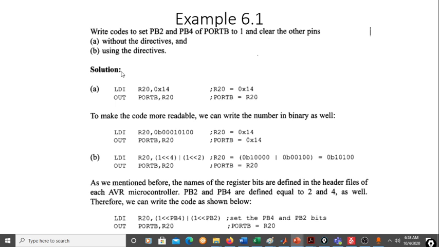So again, in another example, we'll see 2-3 examples regarding the same concept. Write codes to set port B2 and port B4 of port B, and clear the other pins. Port B2 and port B4 means bits 0, 1, 2, 3 and 4, which is